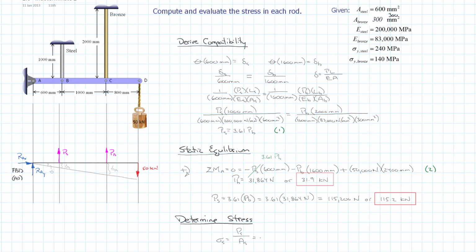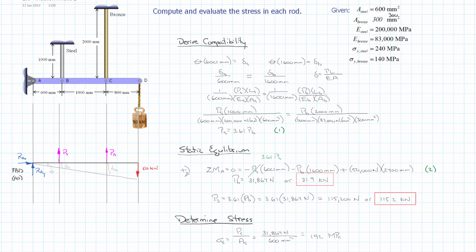And so in this case, we have our 31,864 newtons divided by our 600 millimeters squared, which gives us a stress of 192 newtons per millimeter squared, which